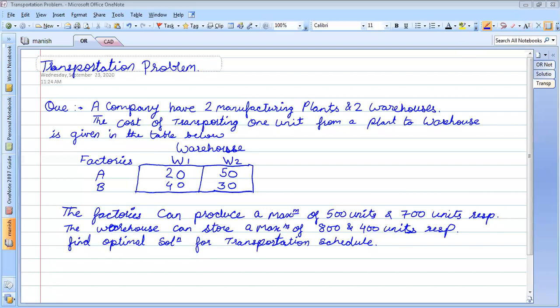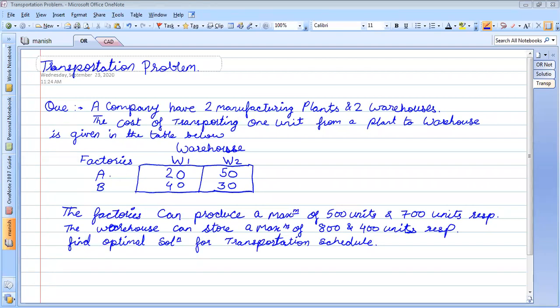They can be manufacturing pens, chairs, tables, cakes, anything. What we are interested in is, if one unit of that product is transported from a plant to the warehouse, then the transportation cost is given